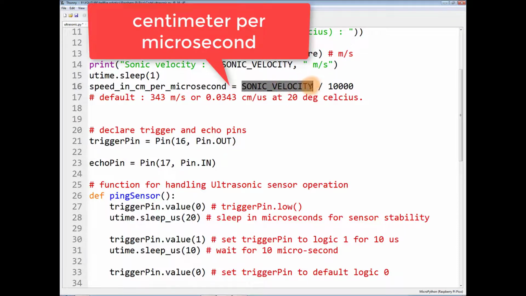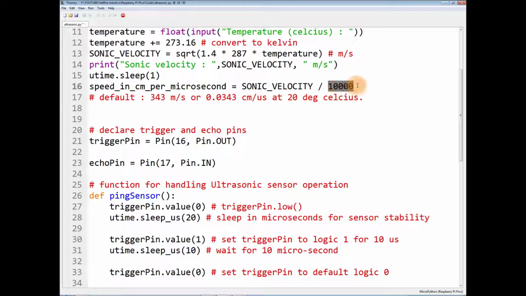So you will take this sonic velocity in meters per second and divide it by 10,000. It will convert the velocity into centimeters per microsecond.